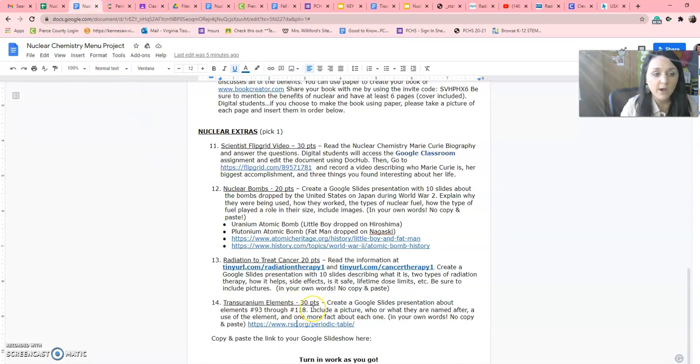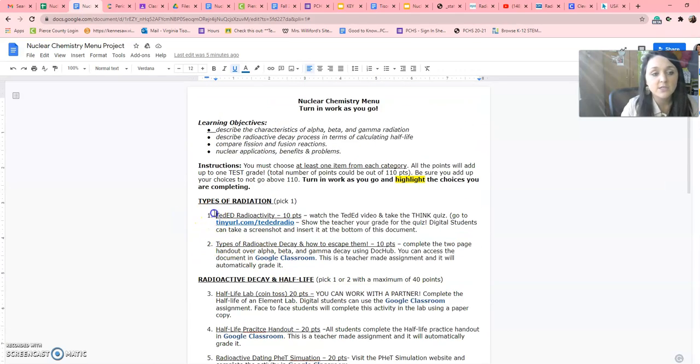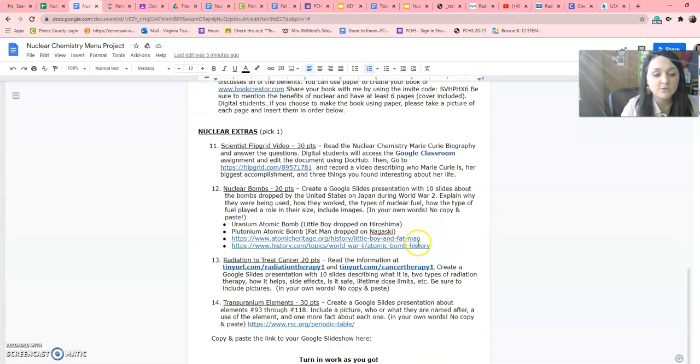So you have the choice here. What I need you to remember is you need to highlight each one that you do. If it's something you need to turn on Google Classroom, turn it on Google Classroom. Copy and paste the link to your slideshow here. Copy and paste the screenshots